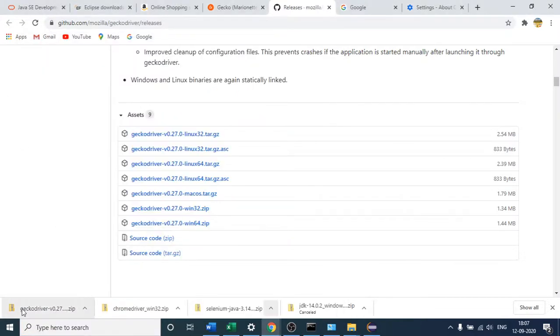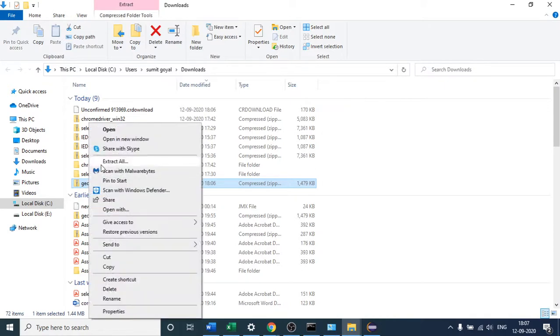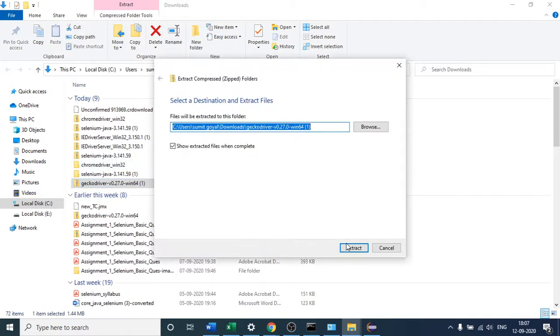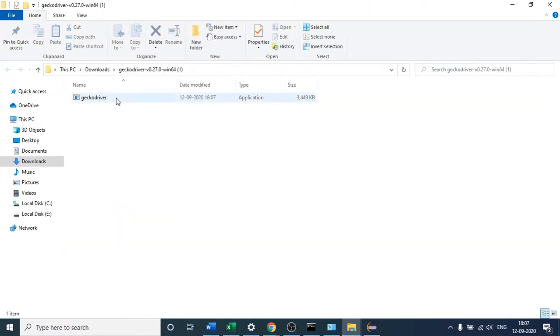I have downloaded this gecko driver file, then I will click show in folder, and simply extract its content, extract all, and click extract. Here you can see that this is the .exe file and this is the path of the file. I will click copy the path and come to my Eclipse part.